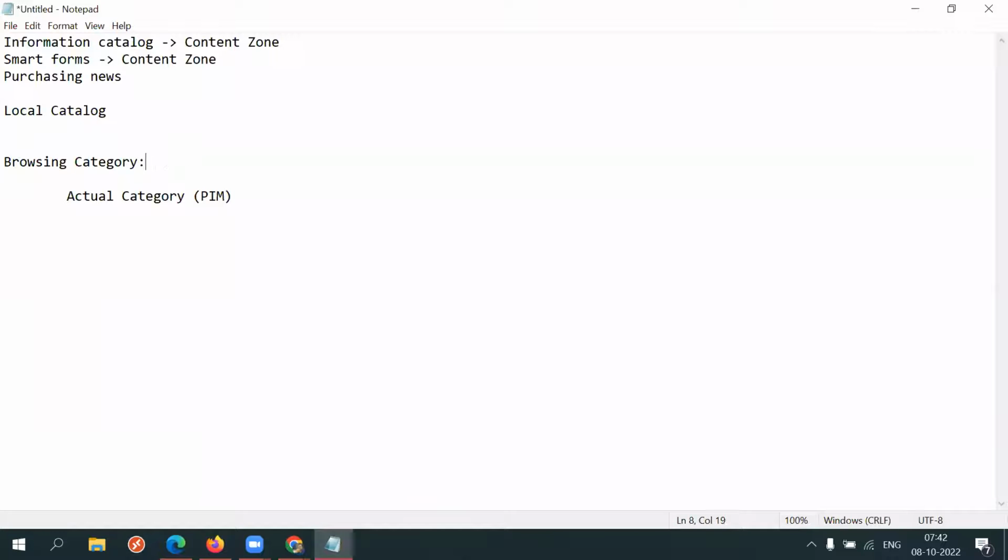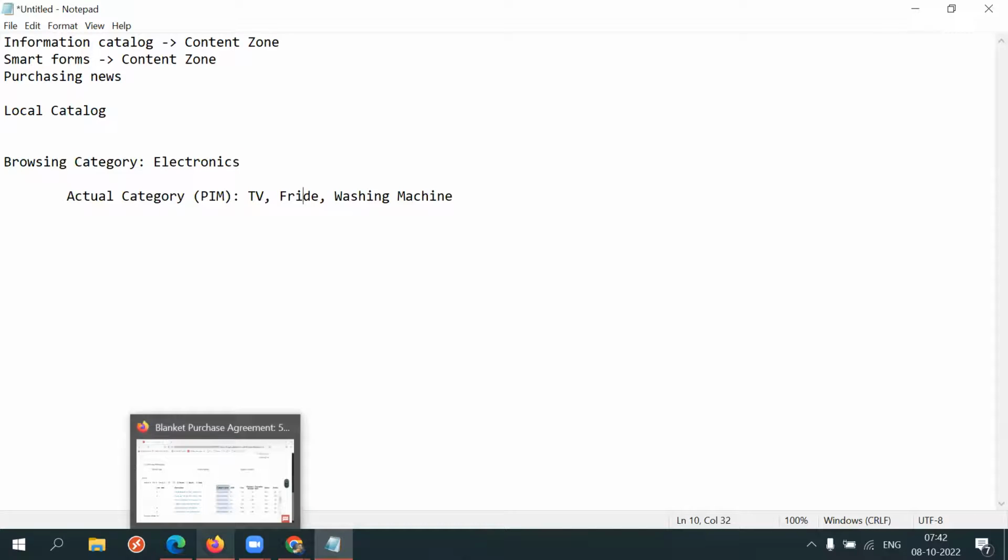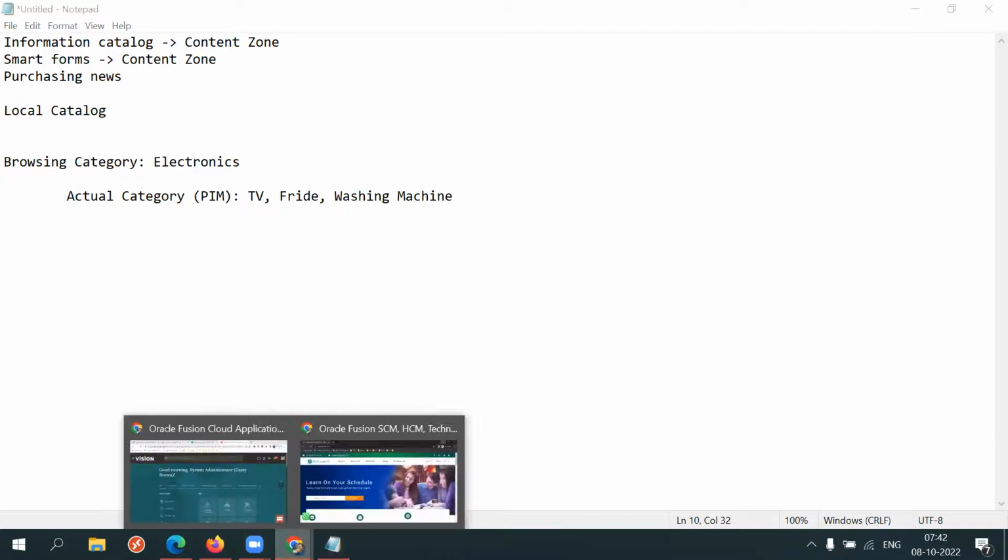If you take electronics as a browsing category, under electronics, actual category examples are like TVs, fridge, or washing machines. So these are actual categories. Okay, so let's create the browsing category now. The browsing category we can create from